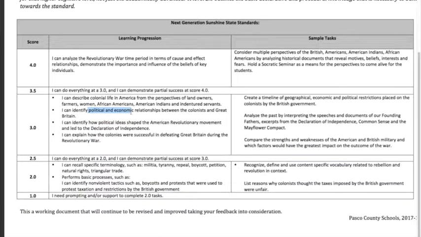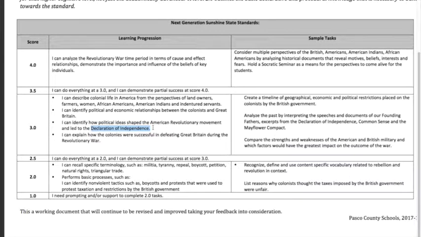Then we need to identify political and economic relationships. So how was the British government working with the colonists? How was trade happening? Because that's our economic relationship. The trade between the U.S., or at that time, the American colonies and Great Britain. We'll also need to look at identifying political ideas that shaped the American Revolutionary Movement and led to the Declaration